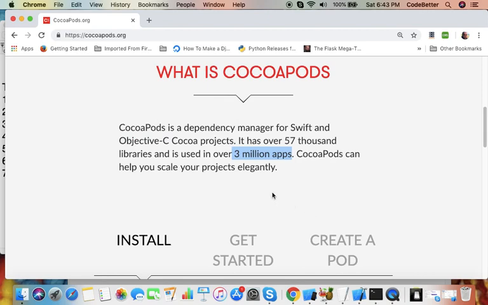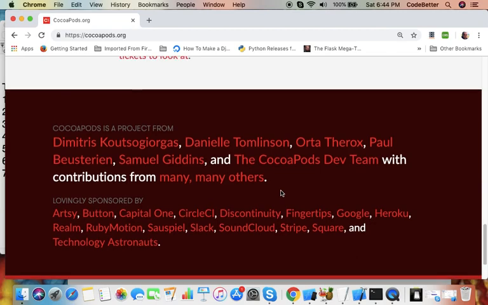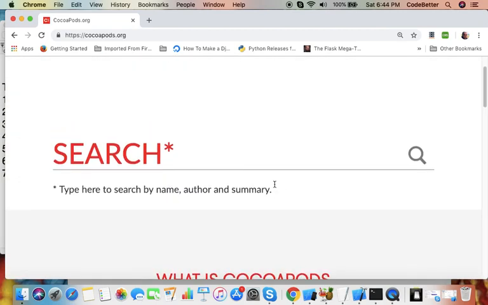So we can download any of these libraries and integrate them in our project. These libraries are actual Swift projects or Objective-C projects, which we can use as dependency projects. So CocoaPod is actually a dependency manager, so that you can add multiple projects in your project and create a workspace of projects. As per the requirement, we can download any of the libraries provided here. Okay, so let us see how we can go with it.